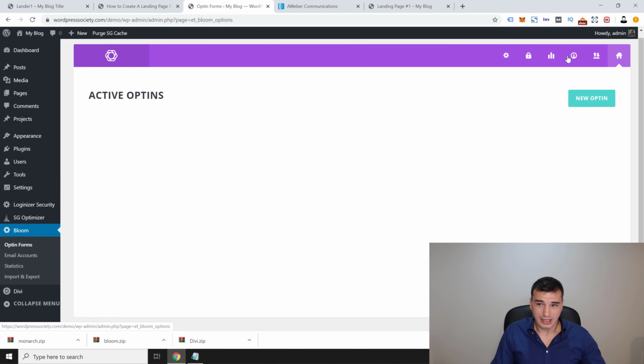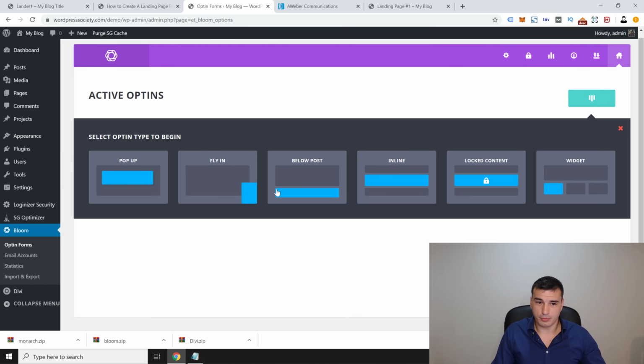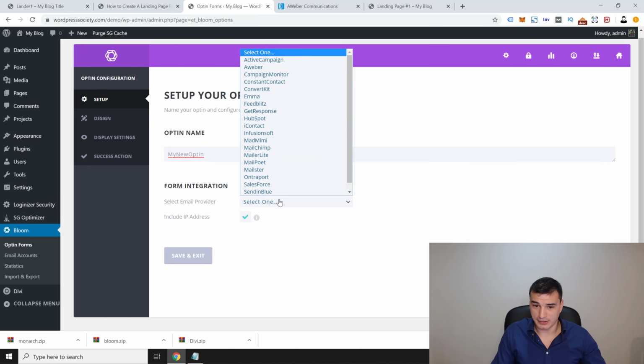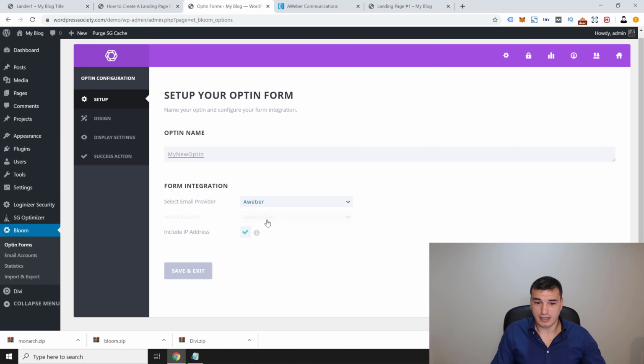and now you can go into opt-in forms and just go again, create a new opt-in form, pop-up, just whatever. I'm just gonna leave the default one, select provider, click here Aweber, and then it's gonna allow you to select your account first, and then your email list that you wanna connect this pop-up or this particular form into. So we're gonna connect it into demo list 1, include IP address, yes,